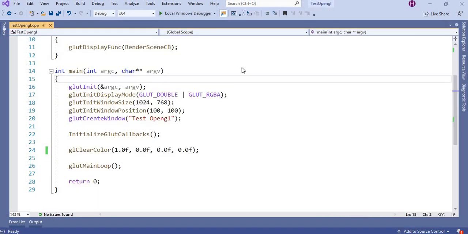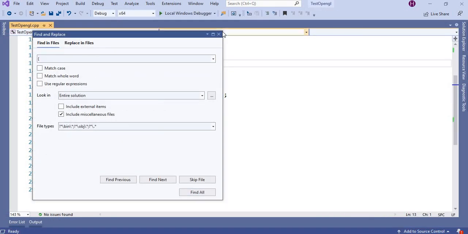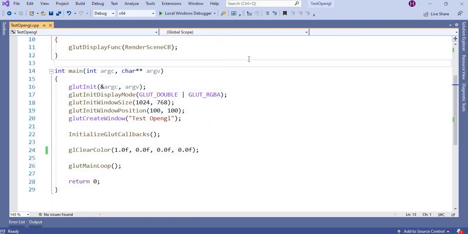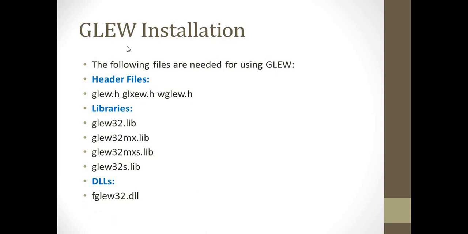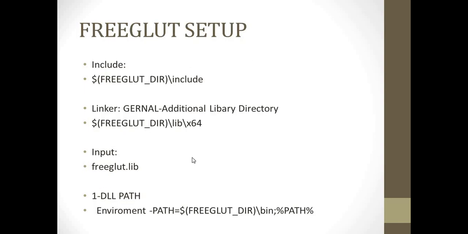So do the same thing for GLEW, GLFW and freeglut. I'll again show you what is the library you need for GLEW. In header file you need glew.h. These three files you need, and this library you need, and this DLL you need in GLEW.